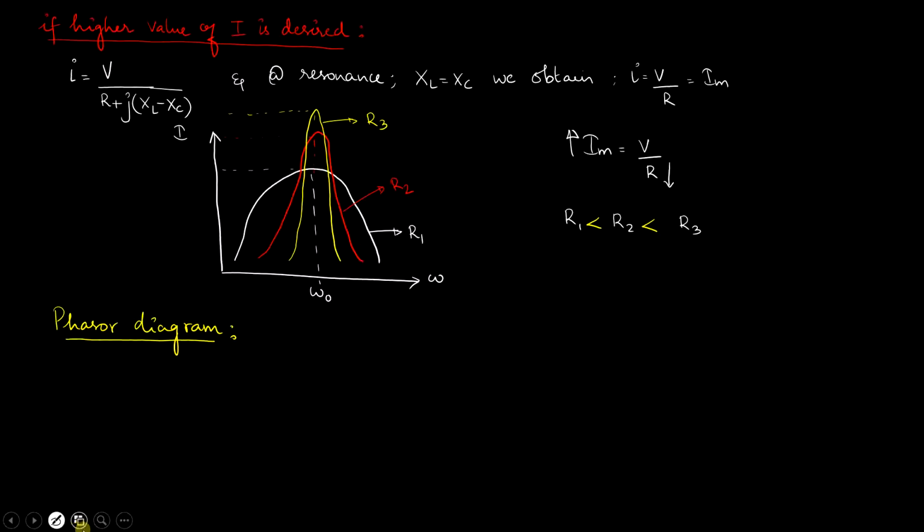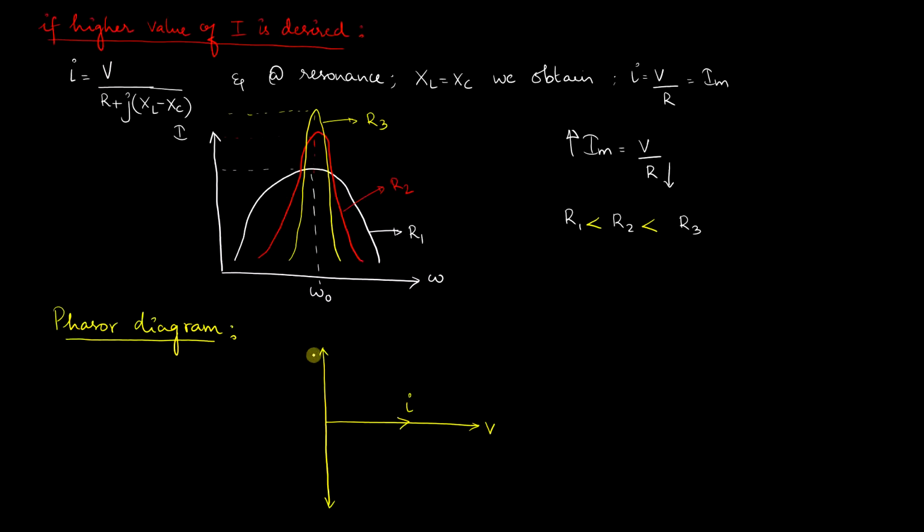So at resonance we have the inductive reactance equal to the capacitive reactance. So I can plot the graph of voltage versus current. At resonance, your current and voltage are superimposed,